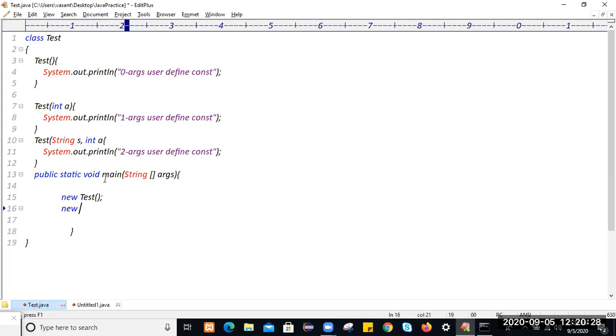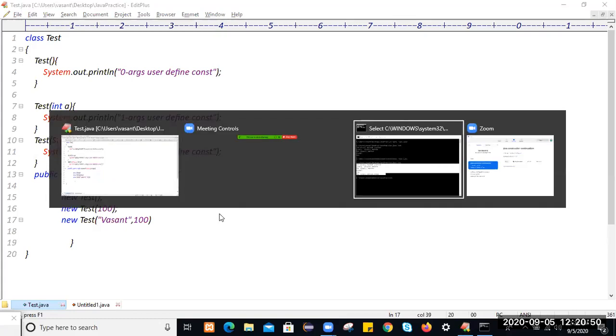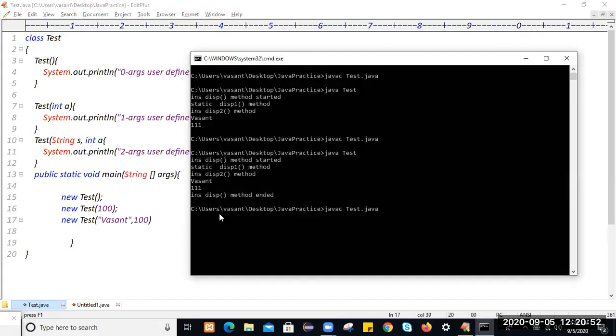If we create a one argument object, the corresponding one argument constructor will get executed. If you create a two argument object, accepting one string value and one integer value, the two argument constructor will get executed. So for every object creation, the corresponding constructor will get executed.